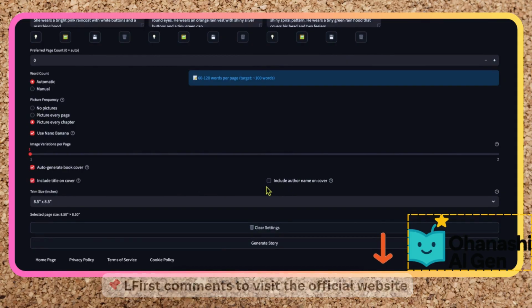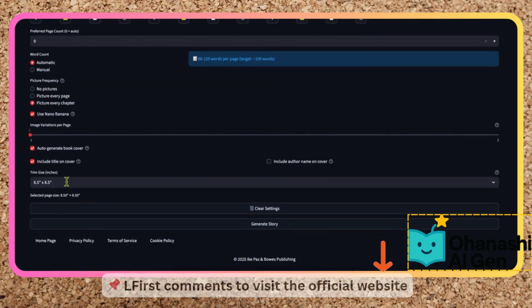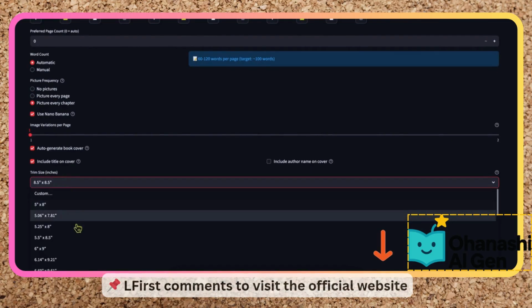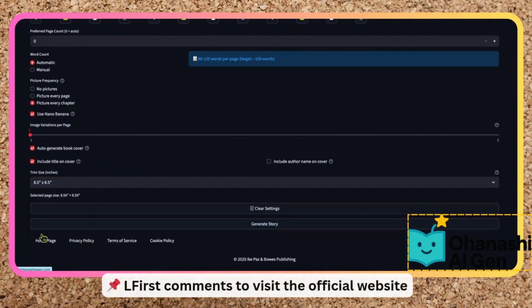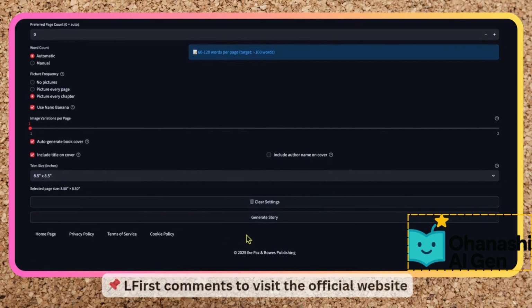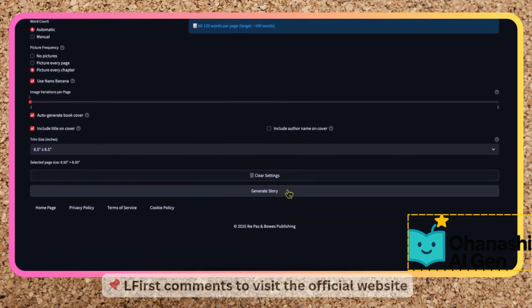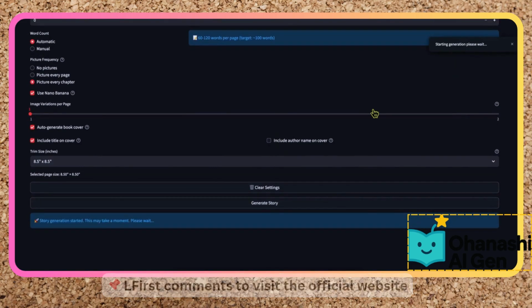So we have Sunny Willow is the name, children's book illustration, but you can click over here and you can actually go. They have kawaii, cartoon, anime. They have children's book illustration is what I'm going to go with, but they have other styles that you can go with as well. And then we have the choose writing style, descriptive, humorous. I'm going to go with something kind of funny.